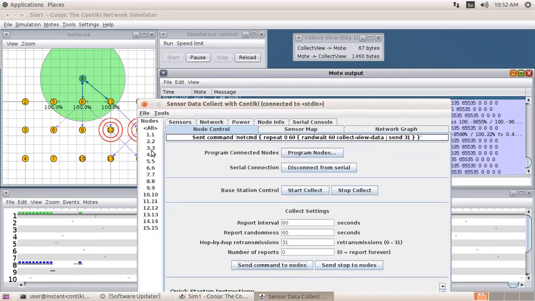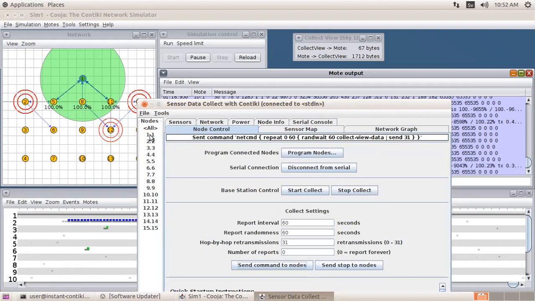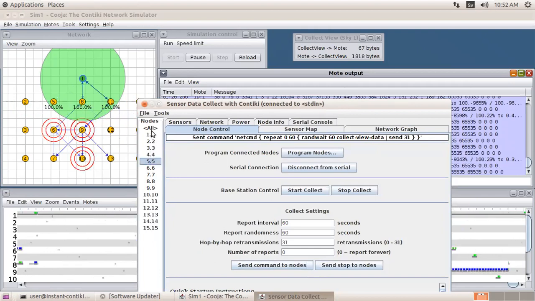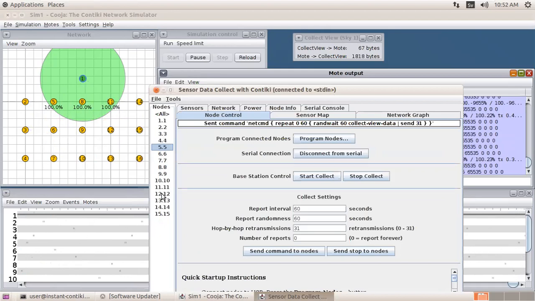And over here on the left side, you will find that the 15 nodes have now been successfully loaded or accepted for the collect view, right? In this manner, we get confirmation that the nodes are ready for the collect view, right? So now we will click on start collect.